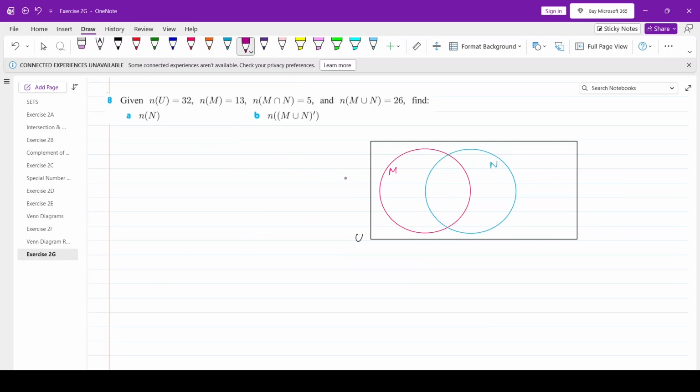Now, while writing the number of elements in the Venn diagram, we start with the intersection term. So the number of elements in M intersection N is 5. So the number of elements in M only will be 13 minus 5. That is 8. And the number of elements in this region will be